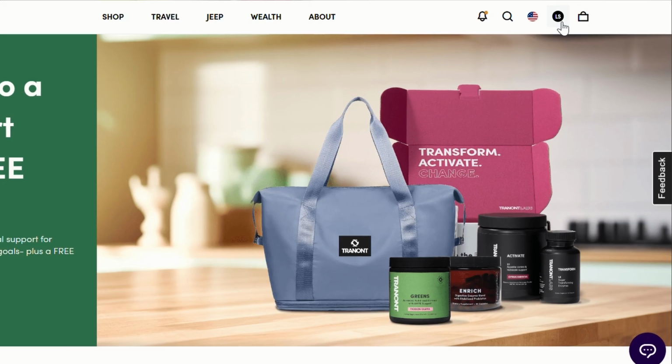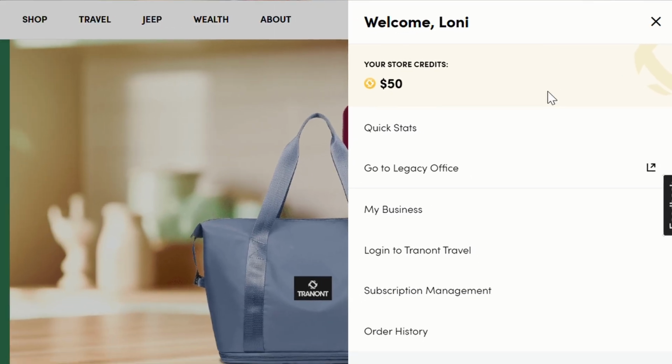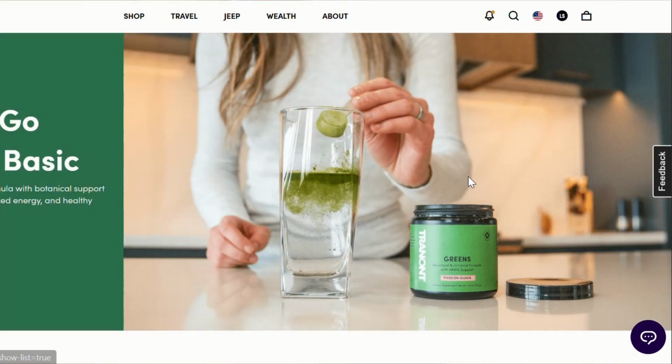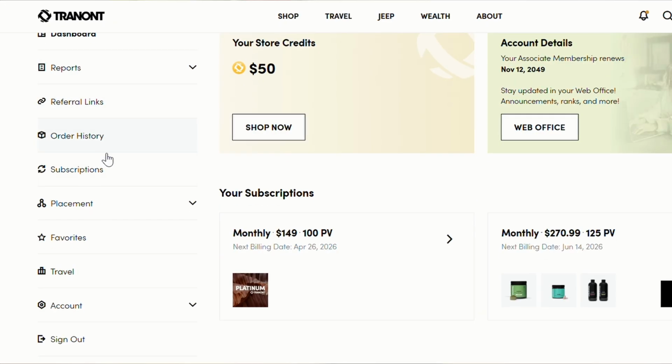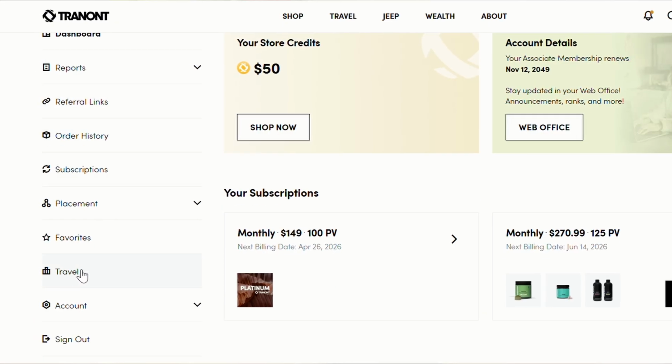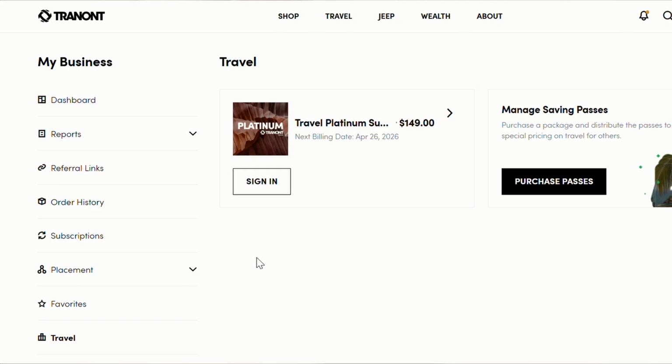savings passes. Once you log on to tranont.com, you're going to go to your initials in the little black bubble up in the top right-hand corner of the screen. Open up the menu and click on My Business. The menu over on the left underneath your business says Travel. You'll go ahead and click on Travel to open up and be able to see your travel subscription as well